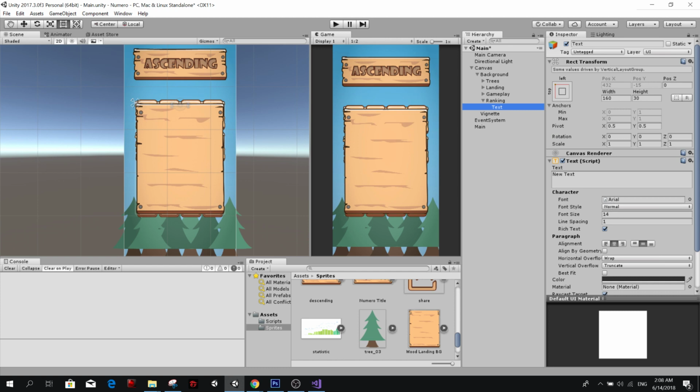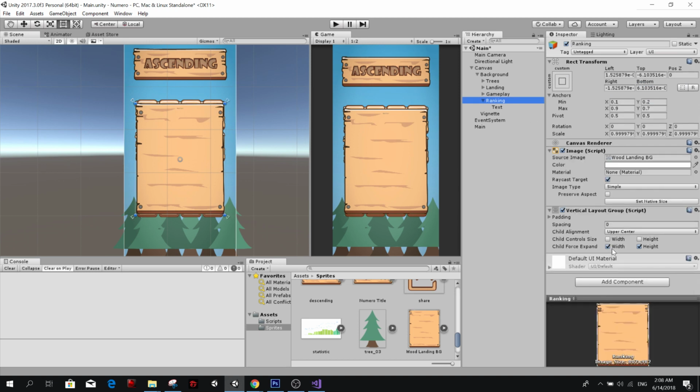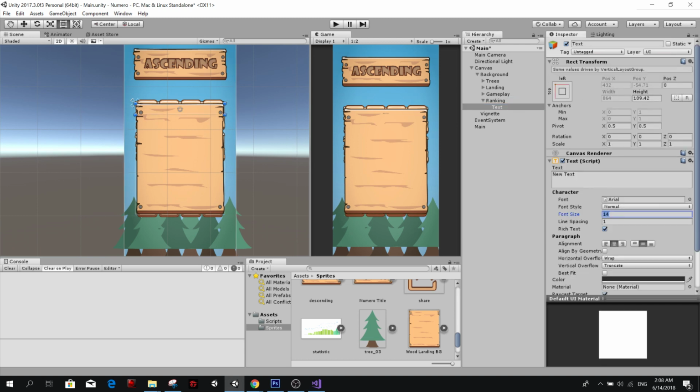This text is going to be, of course, a little bit bigger. We're going to force width expansion. This is going to be something like 30, 40, 50, but it's so small.